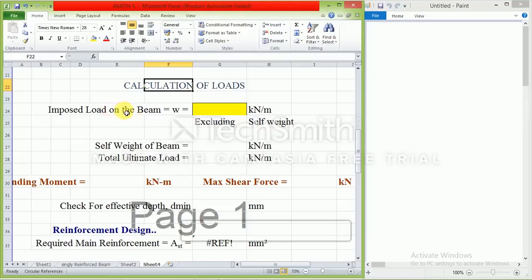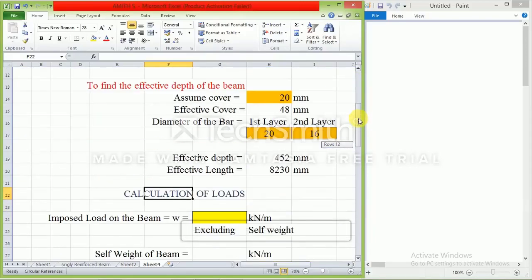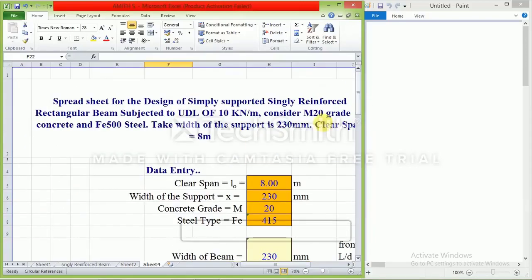The first thing that has been given here is the imposed load on the beam. The question itself, I'll read out the question. A rectangular beam is subjected to UDL of 10 kilonewton per meter. The 10 kilonewton per meter that is given in the question,